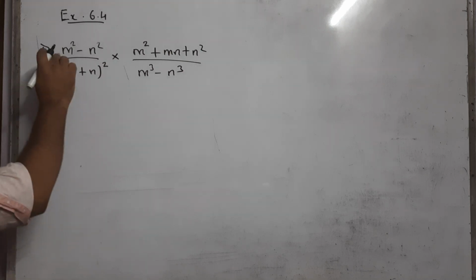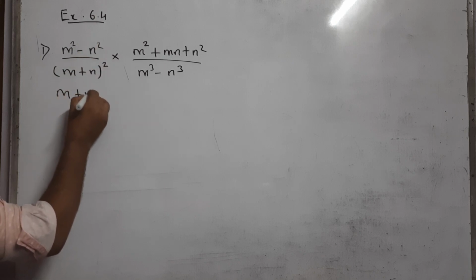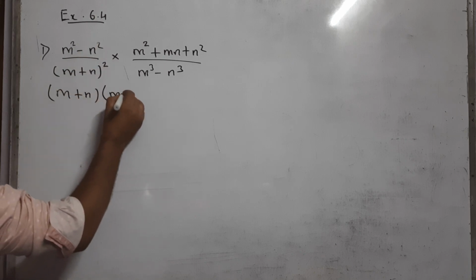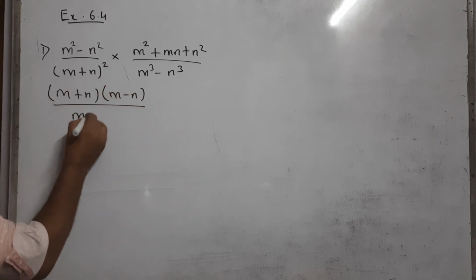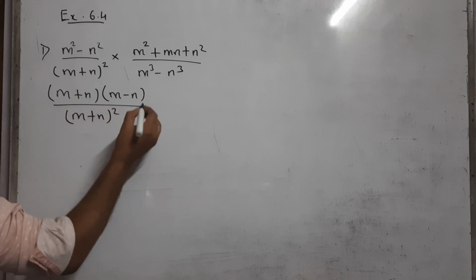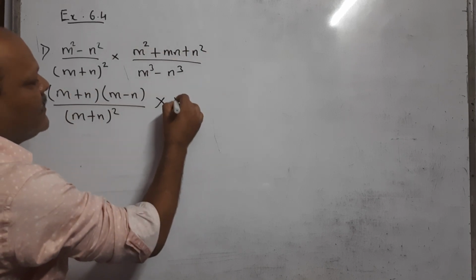So here, the first sum I have written on the blackboard. You can see here m square minus n square. We know the formula: m plus n and m minus n. In the same way, here we will write the expansion formula as it is. It's a whole square. We will not apply the formula over here. As it is you have to write. This also we cannot expand. As it is you have to write.